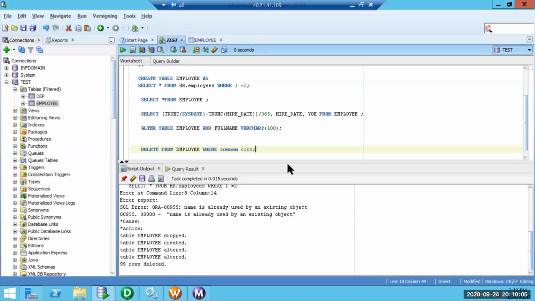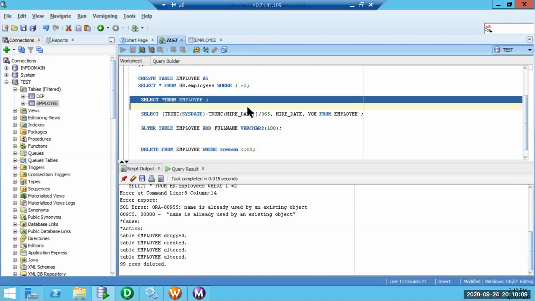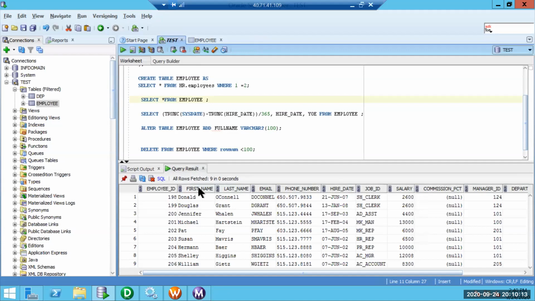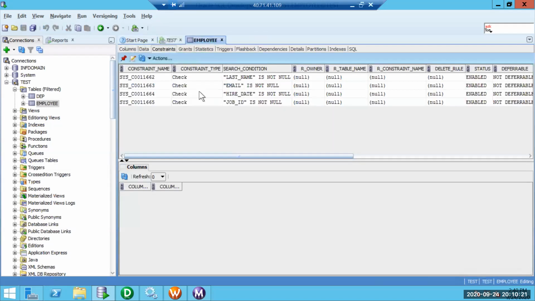Whatever is there in the existing table, I will manipulate some data. Probably what I'll do is, what is the column? First name. The first name field would have had some constraints. I'll pick some column which does have a constraint. Last name, okay, first name does not have any constraint.